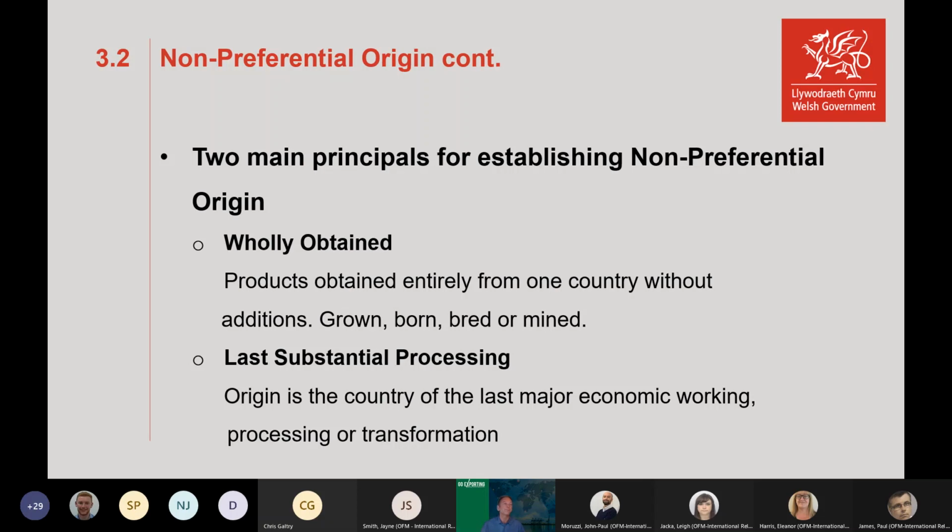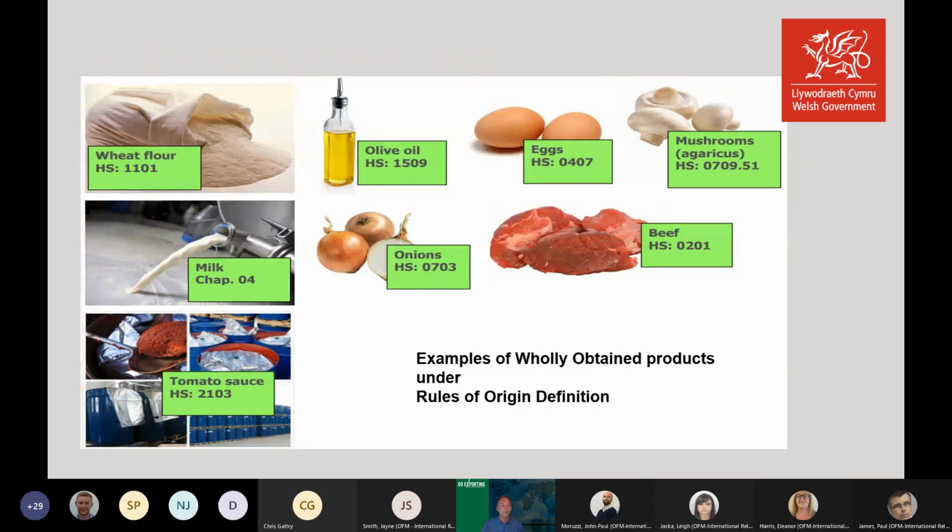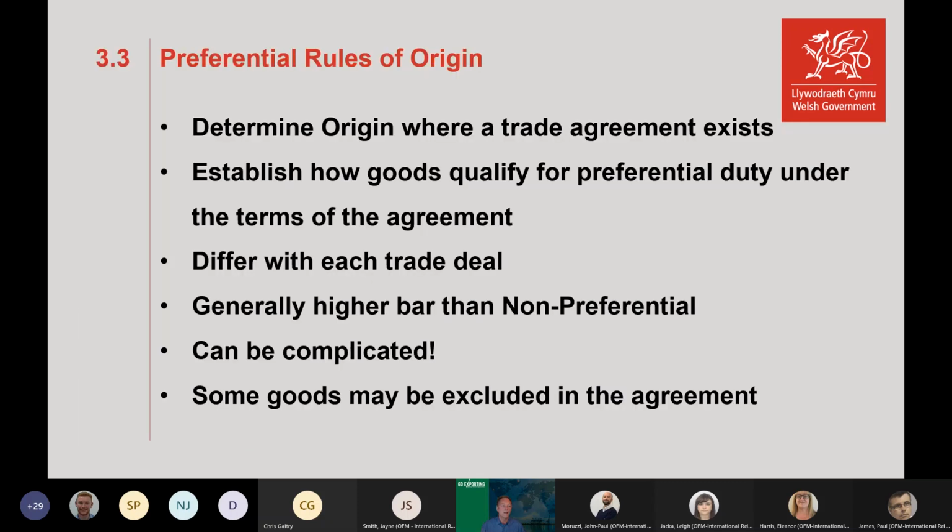Some examples of wholly obtained products: wheat, flour, milk, olive oil, eggs, for example, mushrooms. So you get the idea. Things that are grown or mined or produced in a particular country. So that's non-preferential. And with the preferential rules of origin, these determine origin where a trade agreement exists,